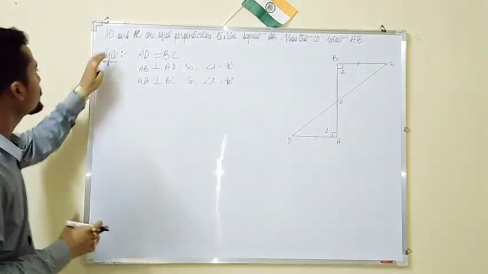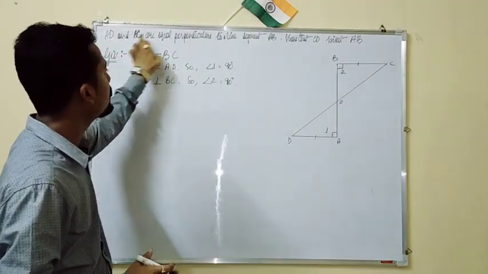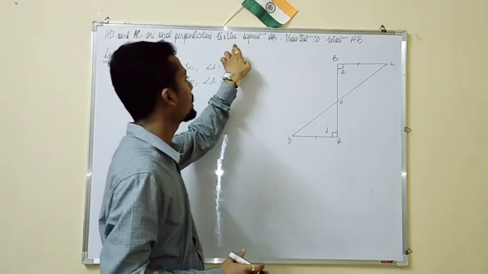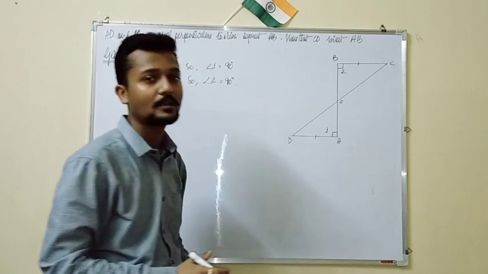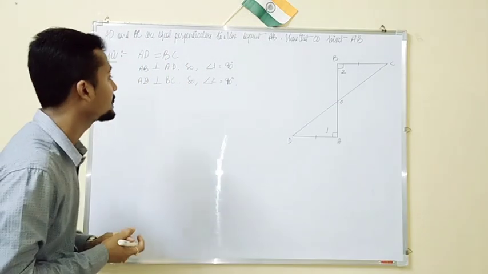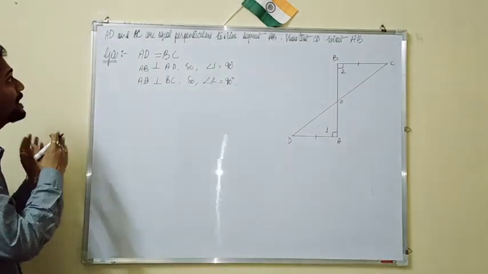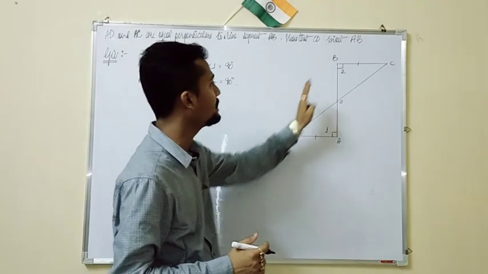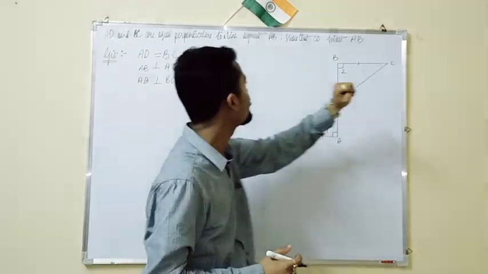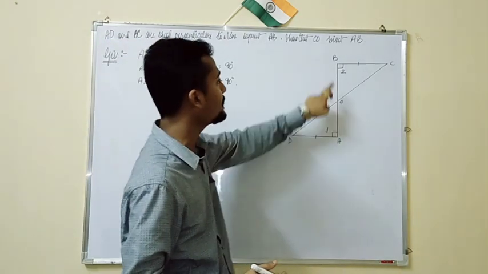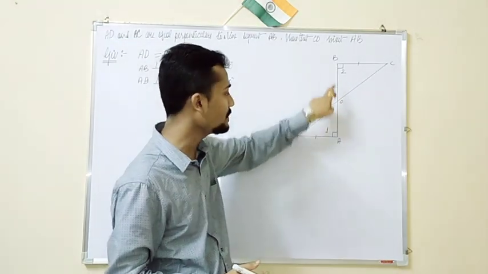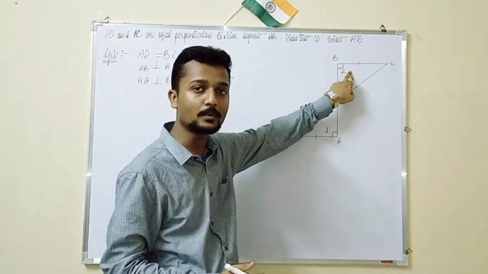So in this particular question, AD and BC are equal, perpendicular to a line segment AB. Show that CD bisect AB. अच्छा, तो क्वेश्चन को थोड़ा समझने का प्रयास करते हैं. पहले क्या लिखा हुआ है? AD and BC are equal. AD and BC both are equal to each other and perpendicular to a line segment AB. और AB के साथ क्या है? Perpendicular है. That means ये वाला एंगल और ये वाला एंगल both are 90 डिग्री.